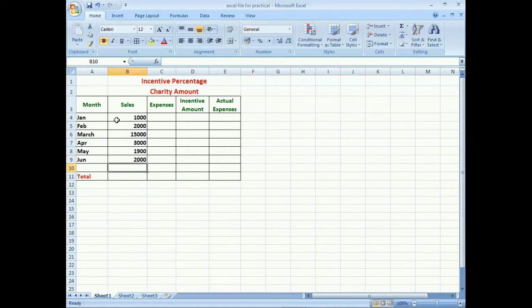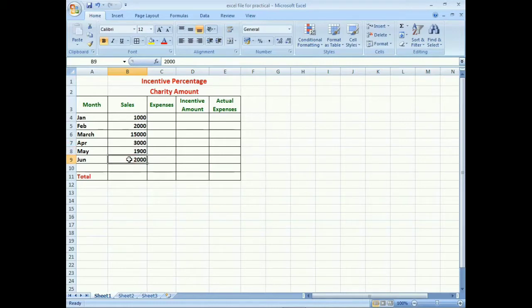So every month there are different sales. January got 1000 sales, February 2000, March 15,000, April 3000, then May 1900, and then June 2000.